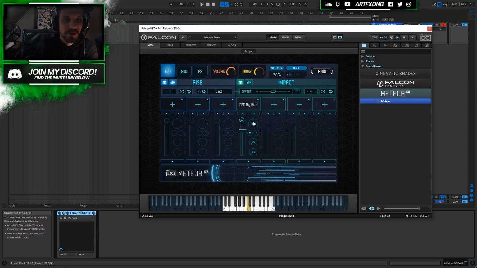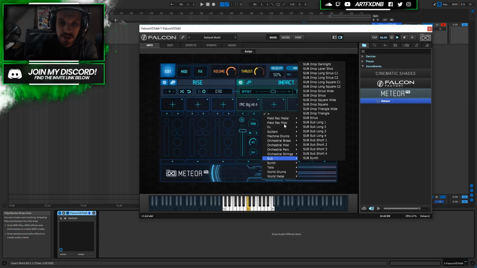You've got a panning knob, so you can pan the layer left and right. A mute and a solo switch to mute or solo the layer. And then you've got a reverb and a delay send. So these will send a copy of the layer to a reverb or to a delay and then mix it back in with the original dry signal. And if I just bring this up, we now get some more reverb on the sound, and the same will happen with the delay, of course. So I'll add a little bit of reverb to that one,